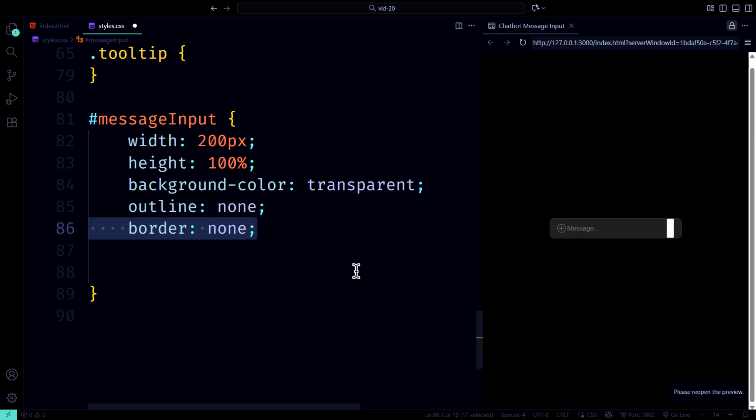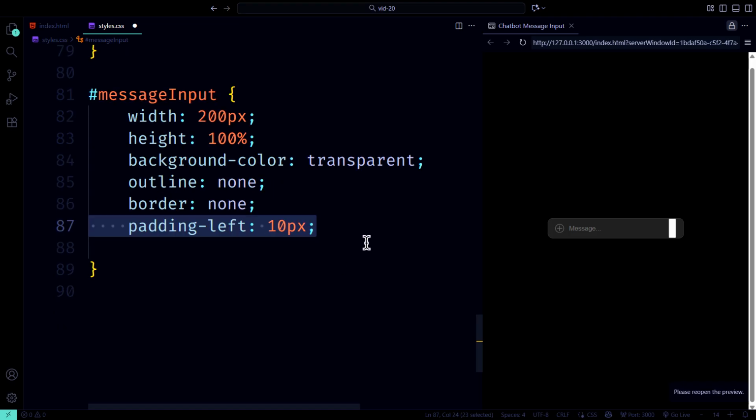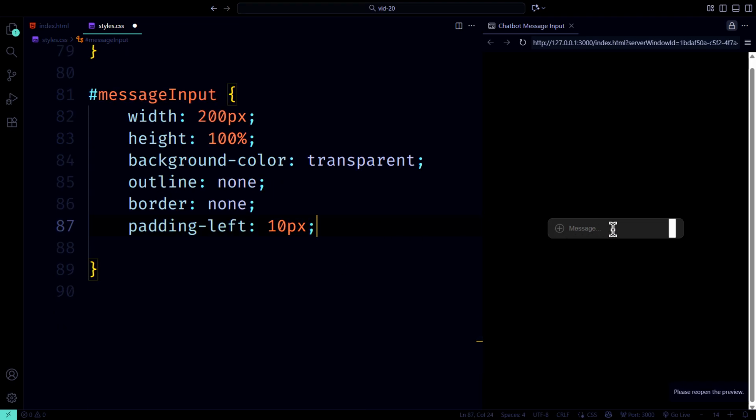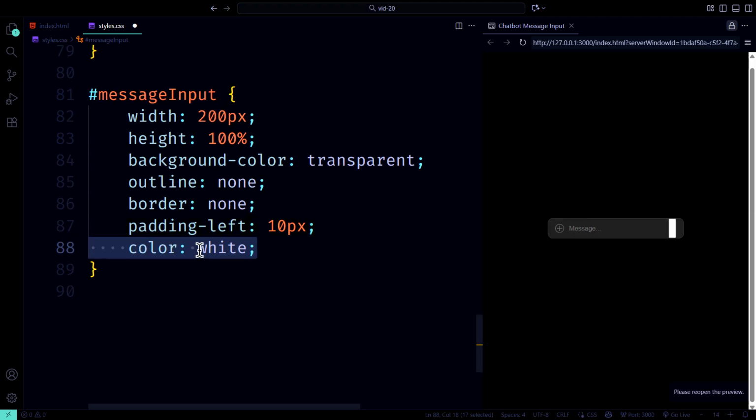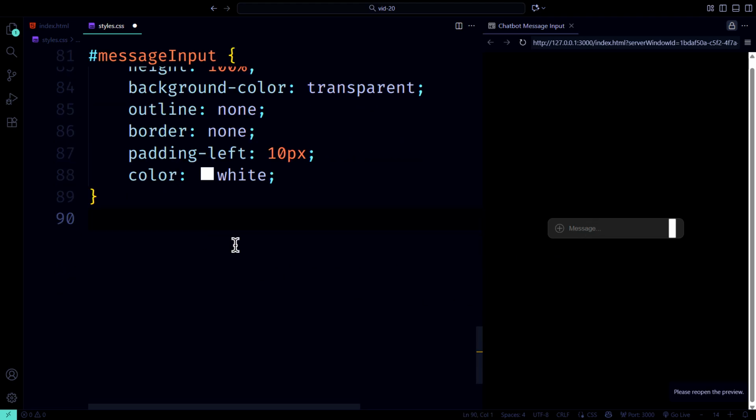We remove the border by setting border to none. This gives a clean, flat look. We add padding on the left of 10 pixels. This creates space between the text and the upload icon. We set the text color to white so typed text is visible on the dark background. This is the final section of the CSS, so let us finish this up by looking at the input states